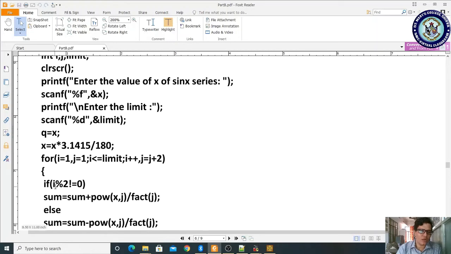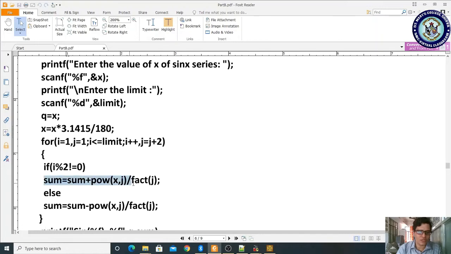Now I am checking i modulus 2 is not equal to 0. 1 modulus 2 is not equal to 0, so the condition is true. If the condition is true, this calculation will be executed: sum plus power of x comma j by fact of j. Power of x is whatever the x value is, raised to the current j value, divided by fact of j. What is the j value? 1.